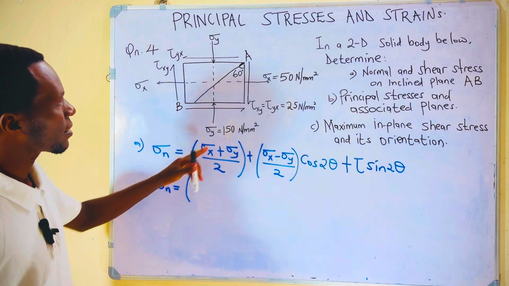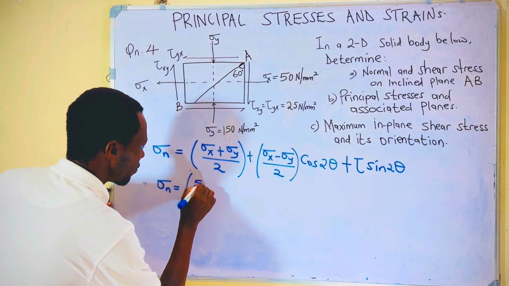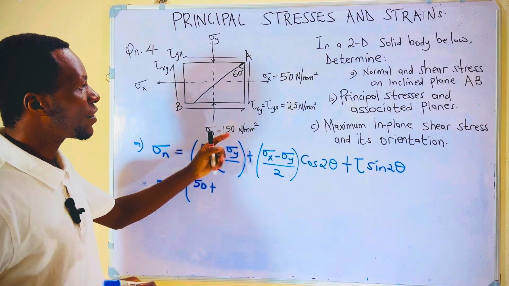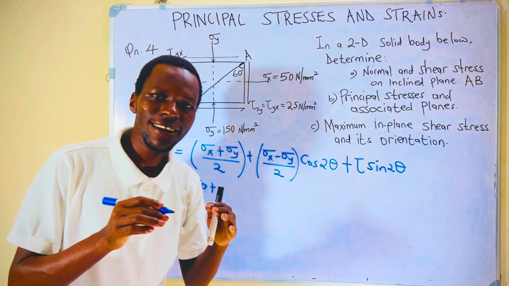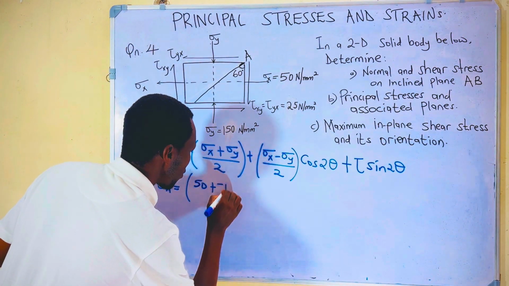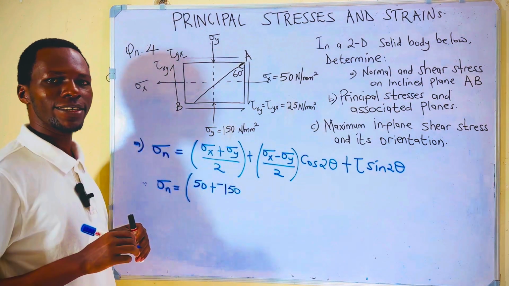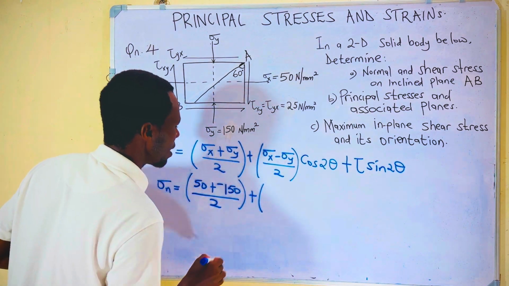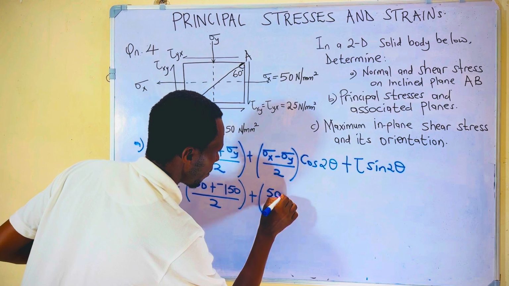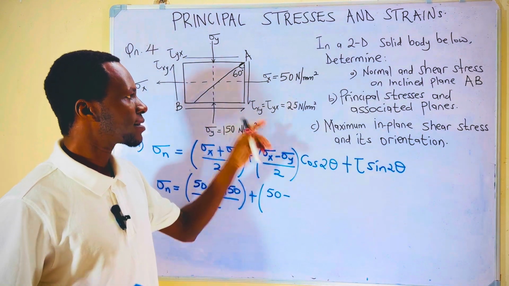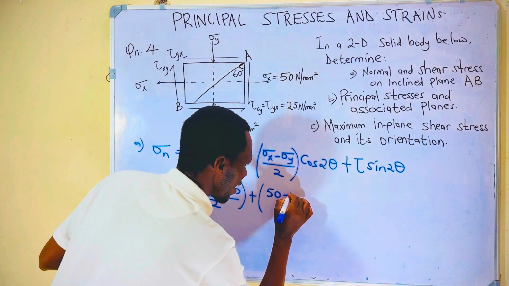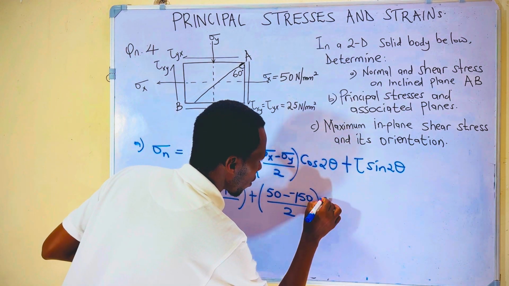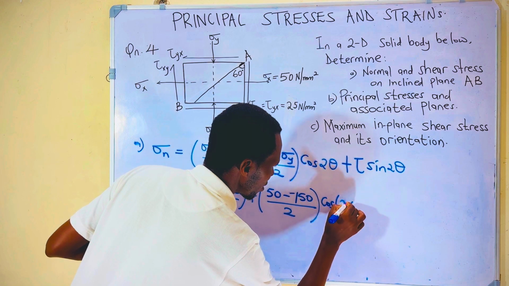Now, sigma x is given to be 50. So we take here 50, and then plus sigma y is given to be 150, but it is compressive, meaning that we take that value to be negative 150. Take note of that, okay? Everything is out of 2, and then here is plus. We do the same. This is 50 minus sigma y is compressive, so it is taken as negative 150. Everything is divided by 2, then cos of 2 times